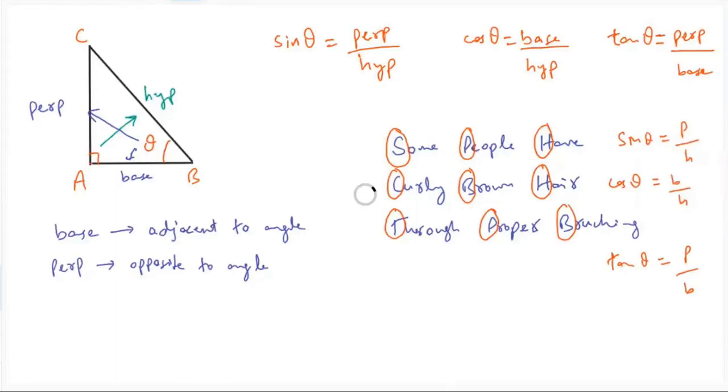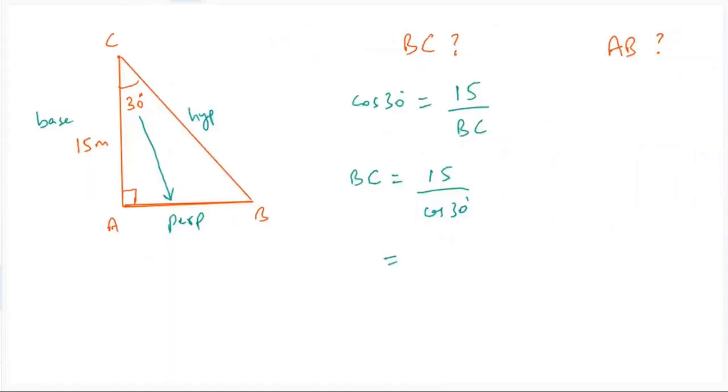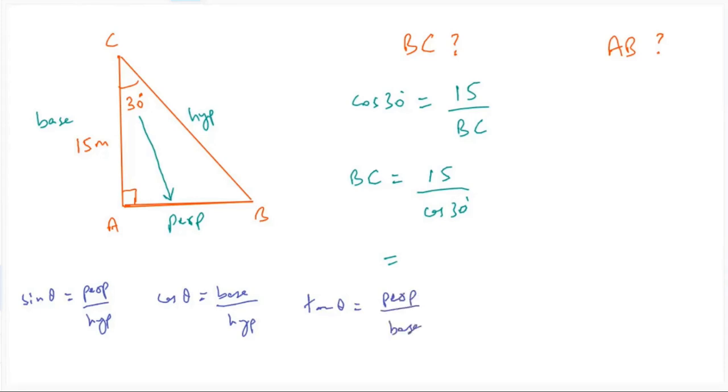Aisha is asking, how do we understand where we should be using sine, where should we be putting cos, where should we be putting tan? So remember, हमारे पास ratios क्या हैं? We've got sine theta equals perpendicular over the hypotenuse. Cos theta is equal to base over hypotenuse. And tan theta is equal to perpendicular over the base. ठीक है, तो आपको देखना है आपको क्या चाहिए, क्या गिवन है और आपको क्या चाहिए।